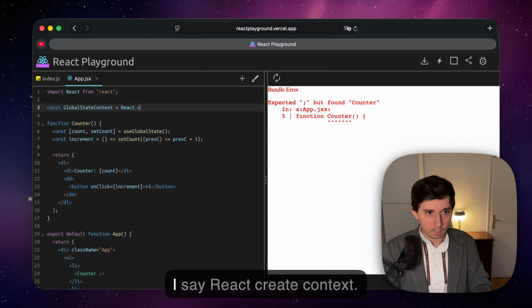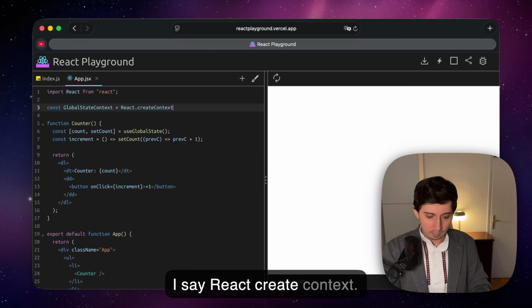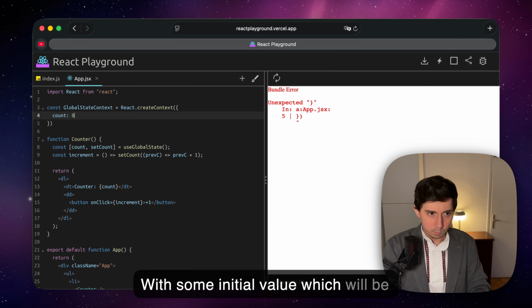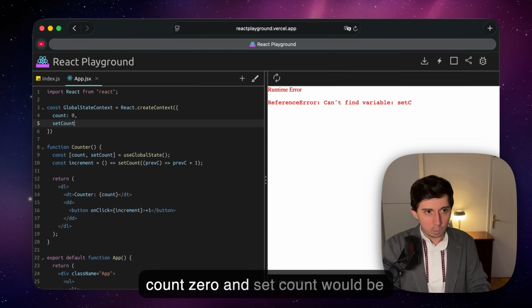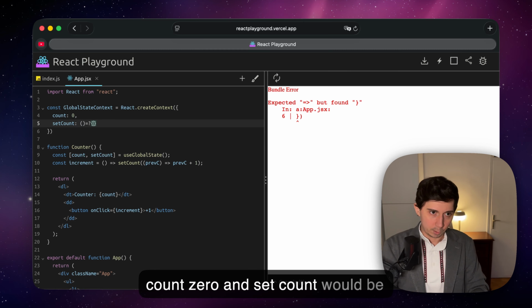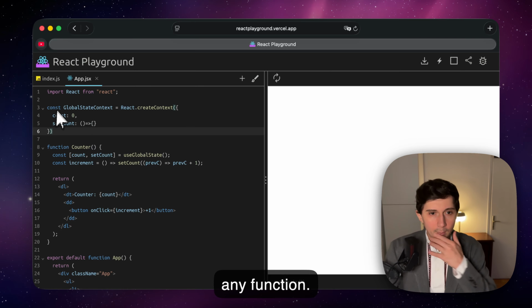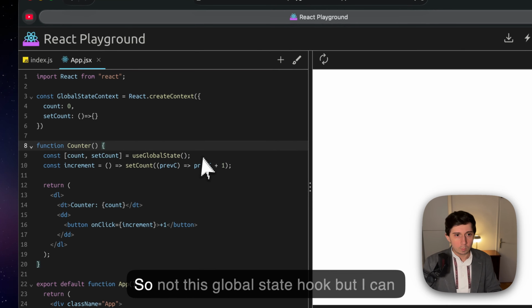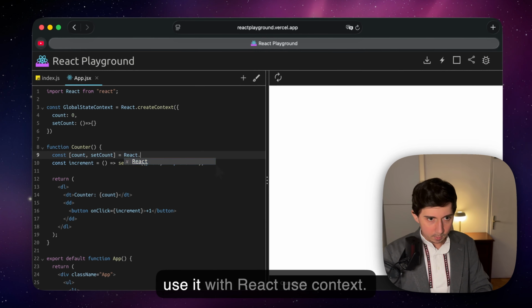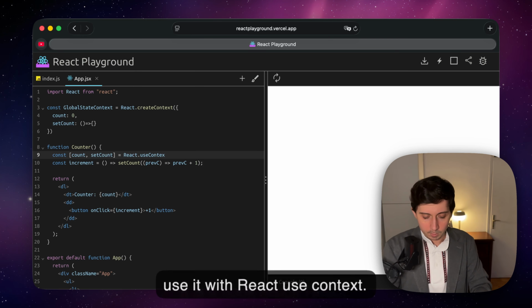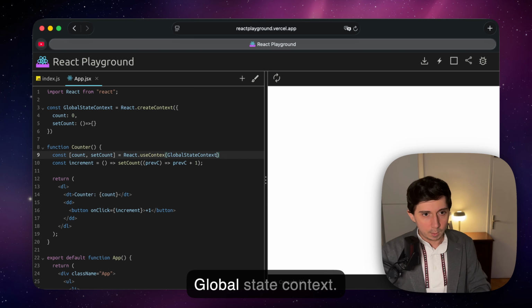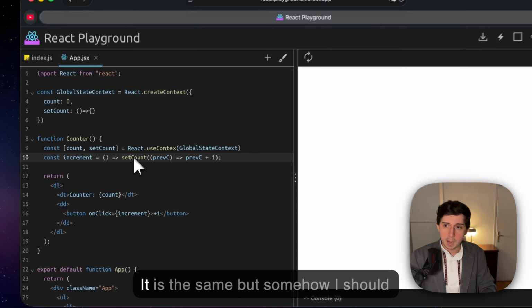Here I say React.createContext, give some initial value, which will be count 0, and setCount would be any function. And somehow I need to use this context. So not this global state hook, but I can use it with React useContext, right? It is a hook inside React. And I use this global state context, right? Increment is the same, but